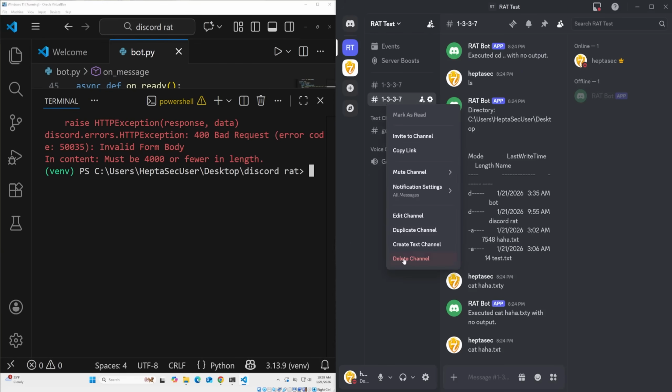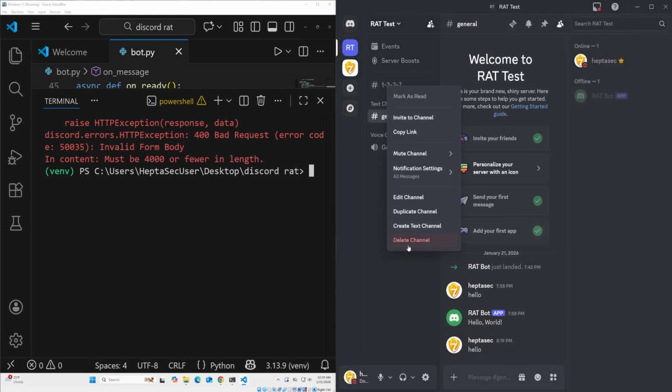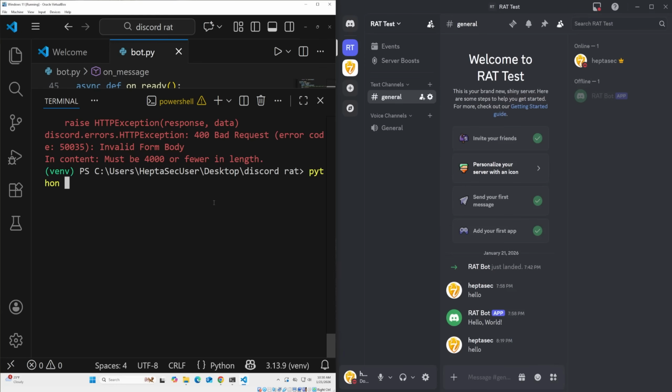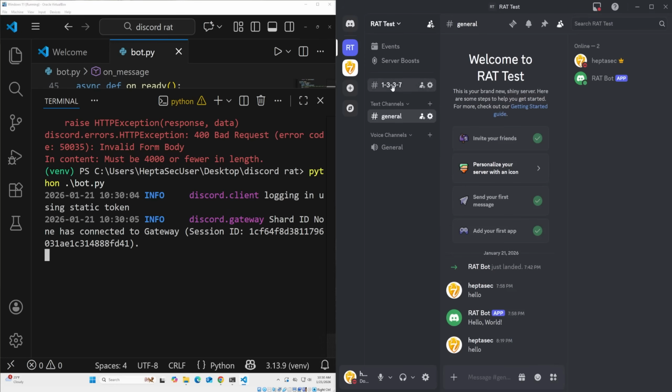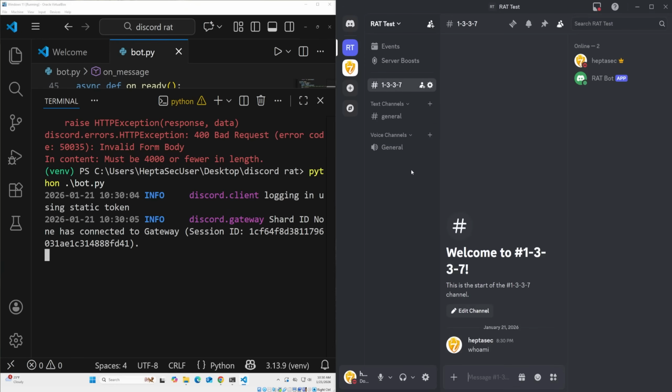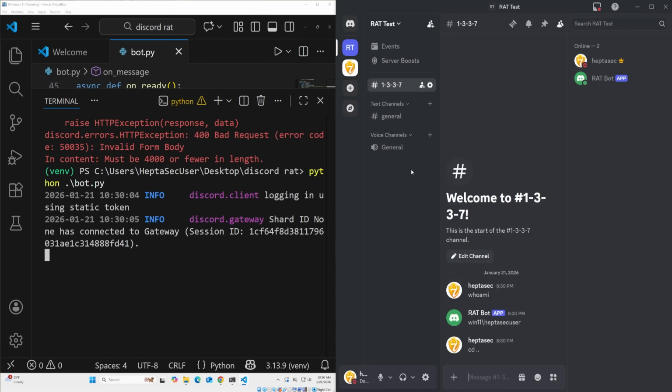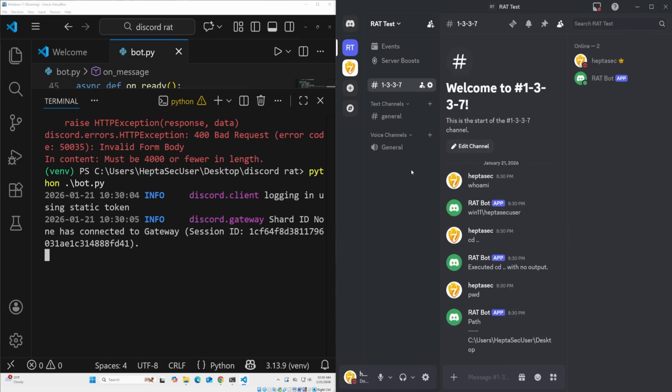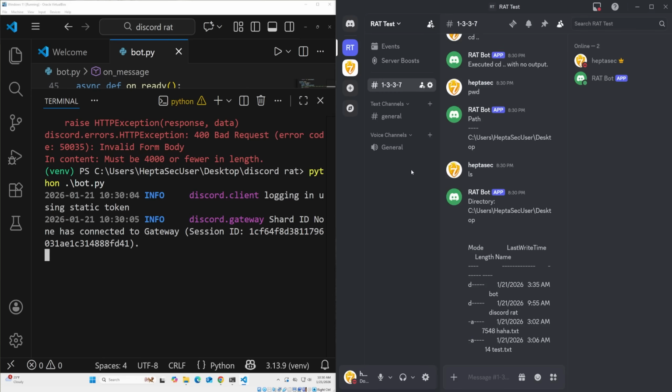Let's remove our channels here that are no longer used. And let's do python bot.py. There is our text channel. Let's do who am I. Okay, good. Let's do cd dot. We are now on the desktop. If you remember, here's where this long file was. So let's do cat